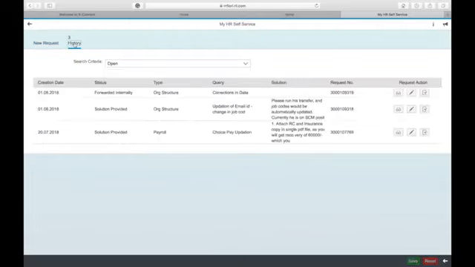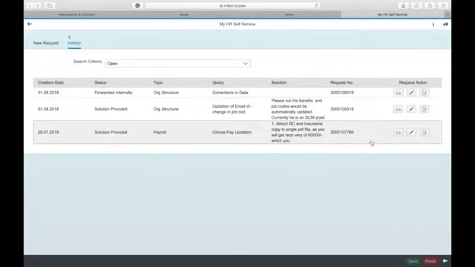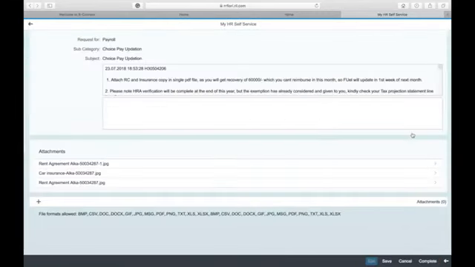Once you submit, under history you would see information related to your choice pay. You can view by clicking on this icon, and if you need to edit any information, it can be done by clicking over here.